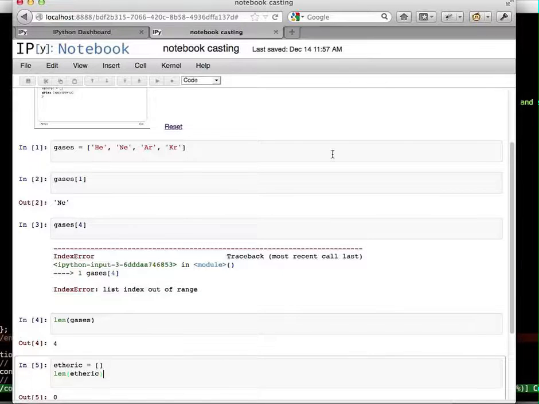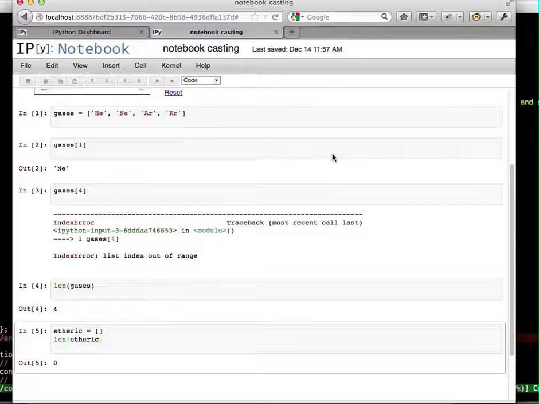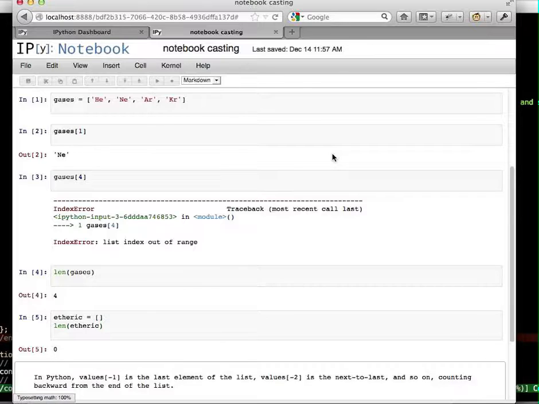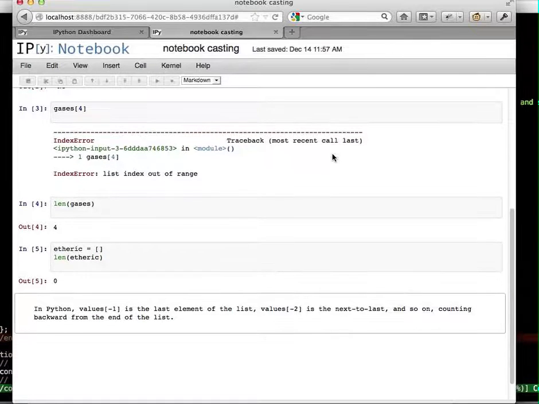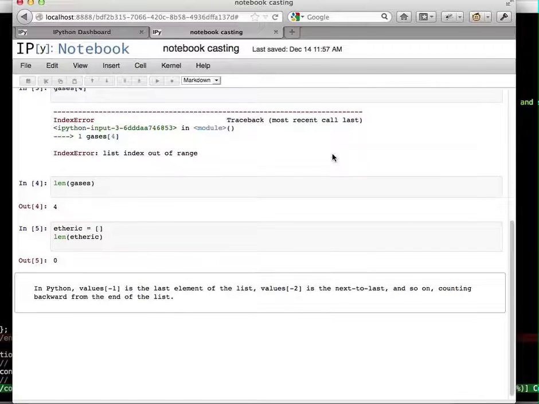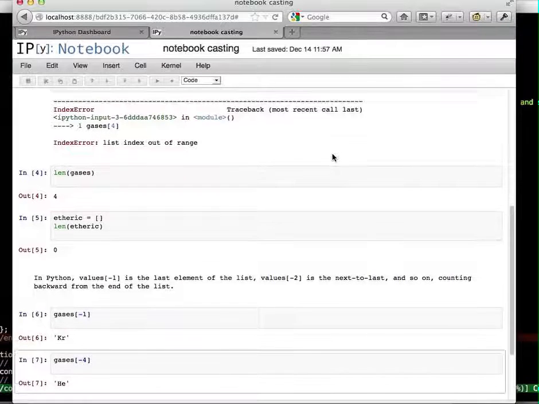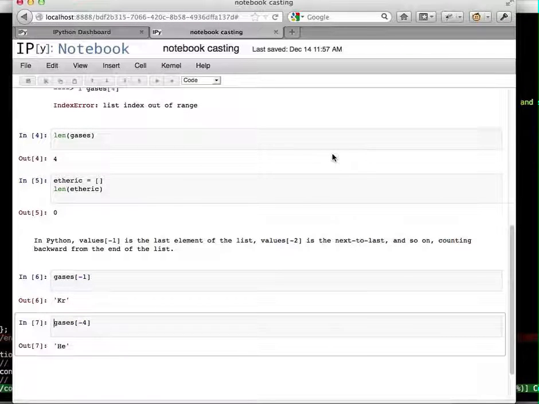We said earlier that list indices start at 0, but in fact, some negative indices work as well. In Python, the value -1 is the last element of the list, -2 is the next to last, and so on, counting backward from the end of the list. For example, here's our list of gases again. As you can see, element -1 is krypton, the last in the list, and element -4 is helium. This notation is easier to read than the long-winded